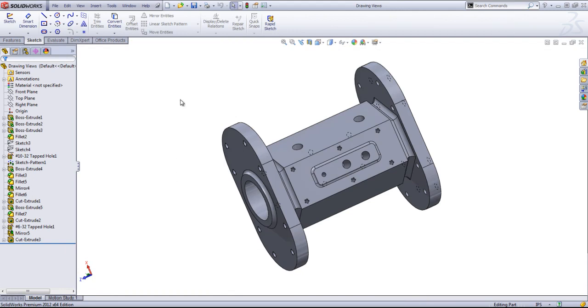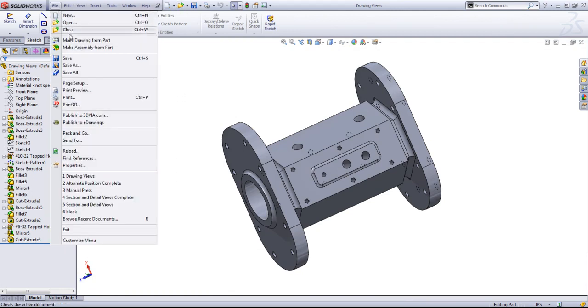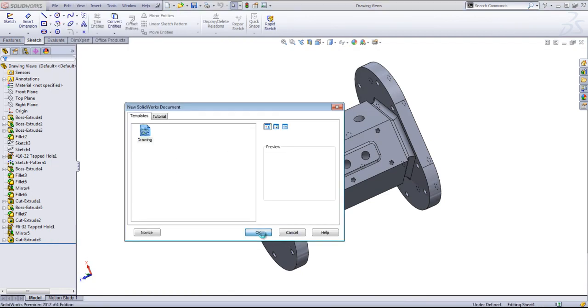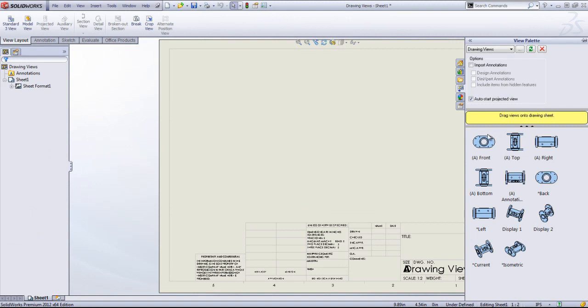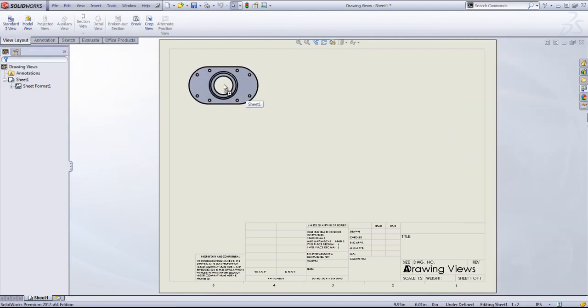drawing views part, I also have the option of making a drawing from the part. And I'll choose that same template. The difference in this method is that this opens up the view palette and allows you to automatically drag in views, whereas otherwise you'd have to use the model view option or the standard view. I'll drag in a front view,